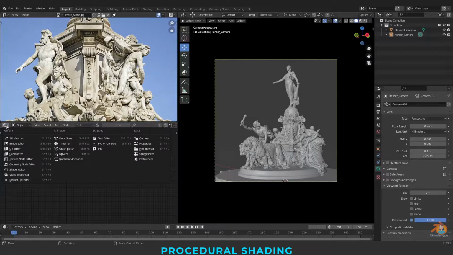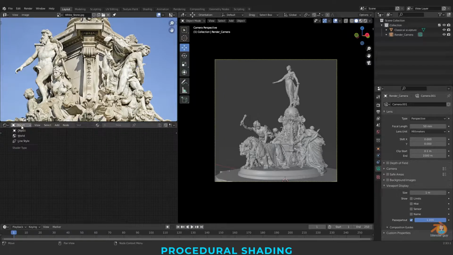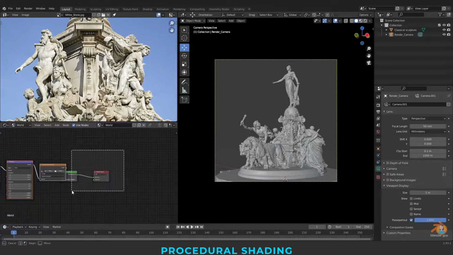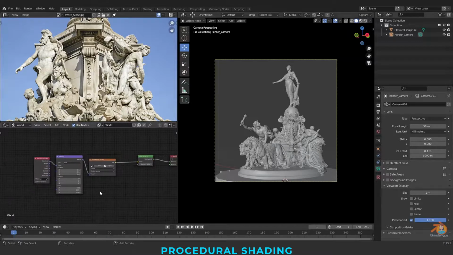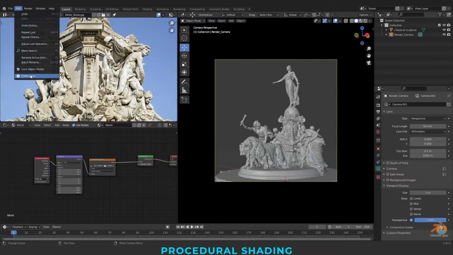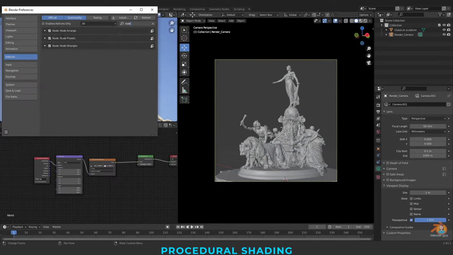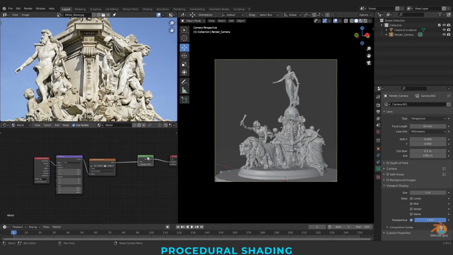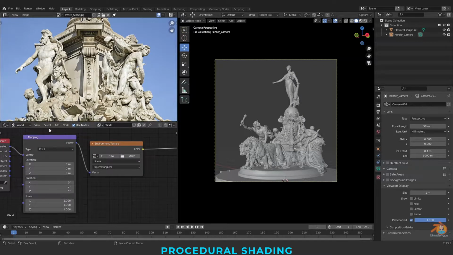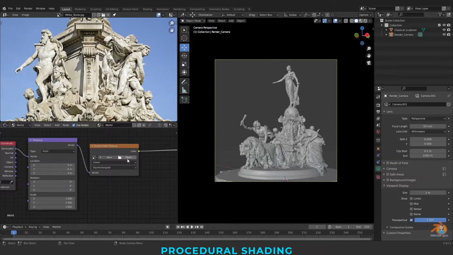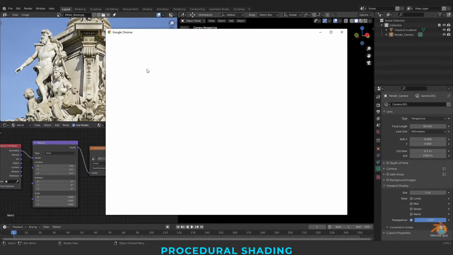So in our shader editor, I'm going to the world. If I press Ctrl T here, it will give all the nodes. If this is not coming, you can go to preferences and make sure the Node Wrangler is on. If you switch on this and press on any node, you'll automatically get the texture coordinates, mapping, and the file texture opener, HDRIs. So best practice is